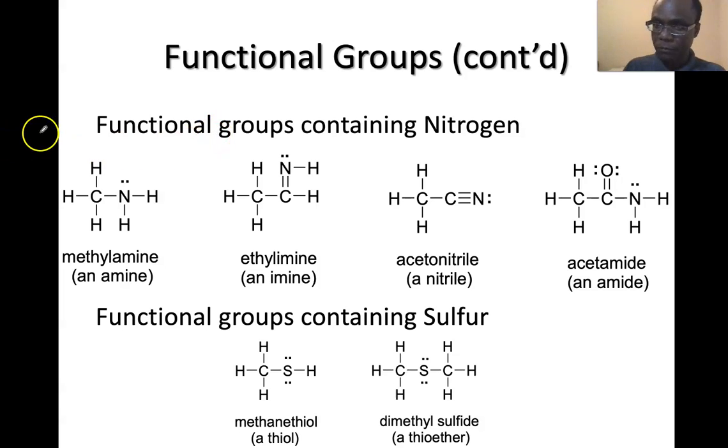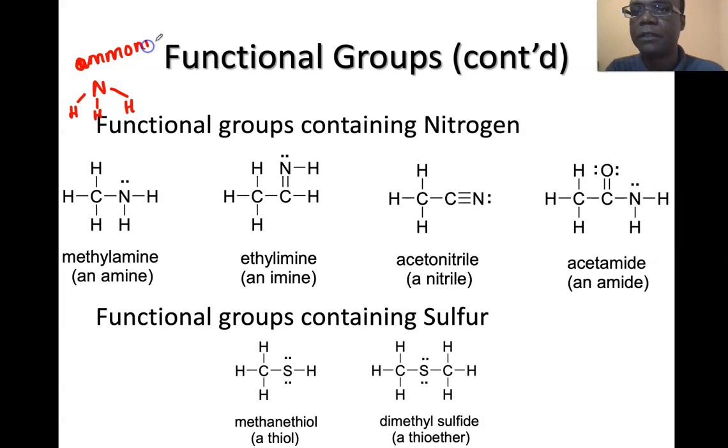Apart from oxygen, you might also have nitrogens in the structure. So the basic nitrogen containing molecule, of course, is ammonia. Okay, this is just ammonia, and I'm going to add some more information here. Remember the nitrogen has to have an octet. That's how I knew that I need to put 2 more electrons, because this was 6. The moment you add a carbon on one of these hydrogens, so let's say this R group contains a carbon in it directly bonded to nitrogen,